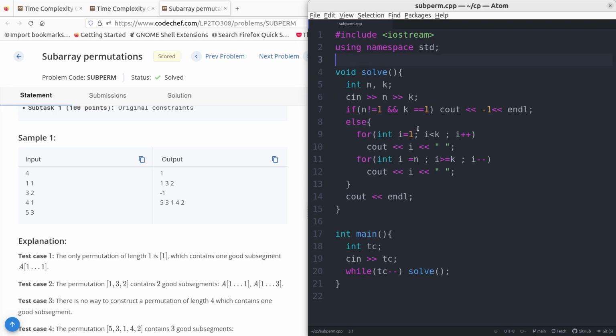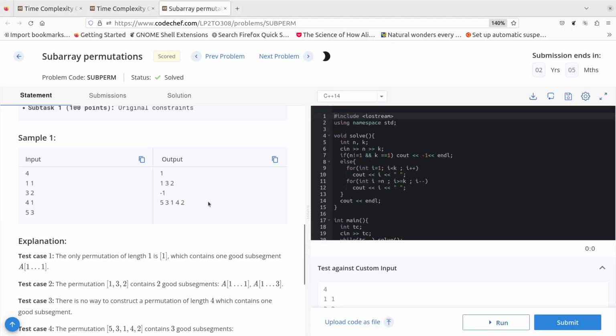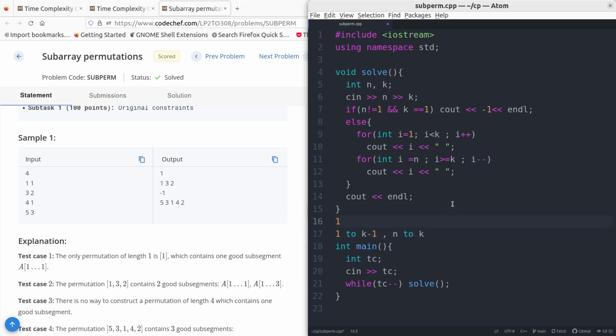That's it. And in all the rest of the cases, you will print from 1 to n, based on the k value. The array will be in this order: 1 to k, and from n down to k. Here it will not reach the k value, it will be k minus 1. That's what we'll be doing, because we can rewrite this as 1, since k is 3, 2 will not reach the k value. We'll now start from 5,